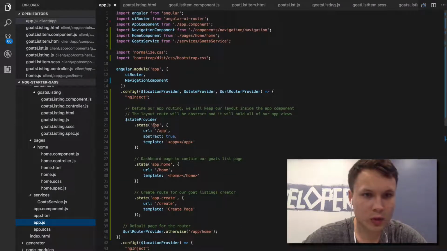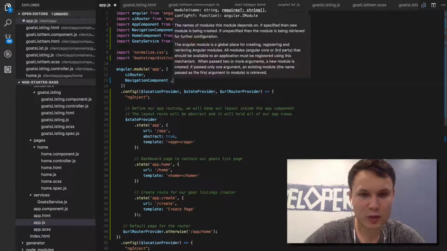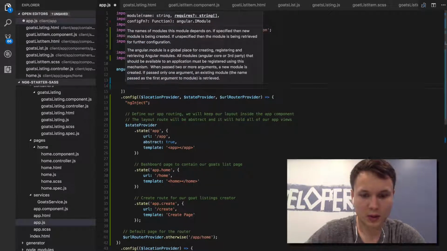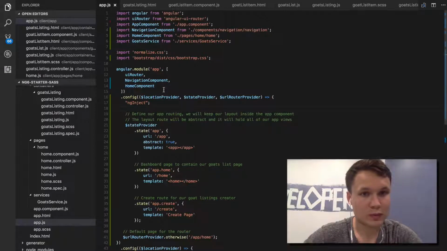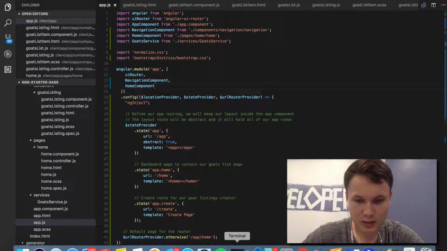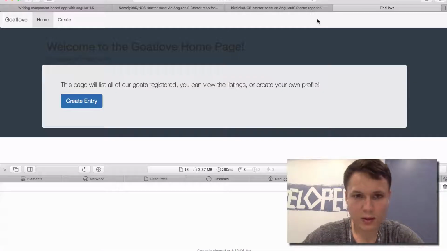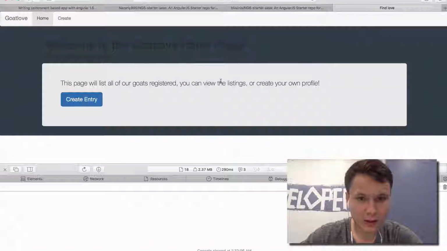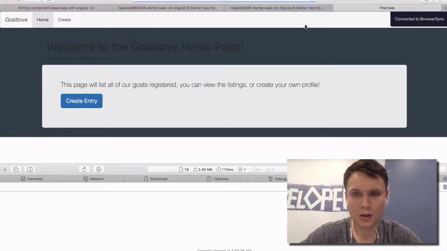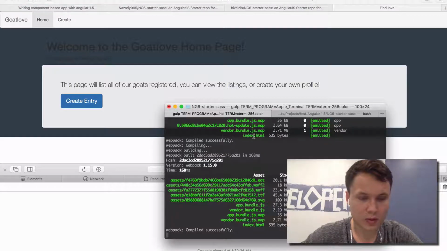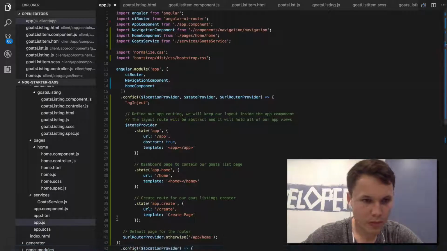Home.home. Oh, we do not even have the home component. Come on, Nazari. How can you do that? Home component. See, that's it. Disappointing myself. It's not very good. So that works. Yay! Look, we've got the home page. Okay, this page will list all our goats registered. You can view the listing or create your own profile. Sweet. So we got what we needed. Okay, but we do need to list our goats. Where's the goats? So then this home